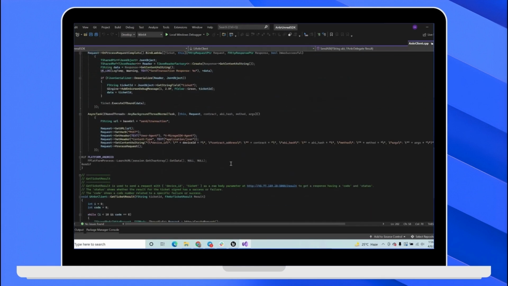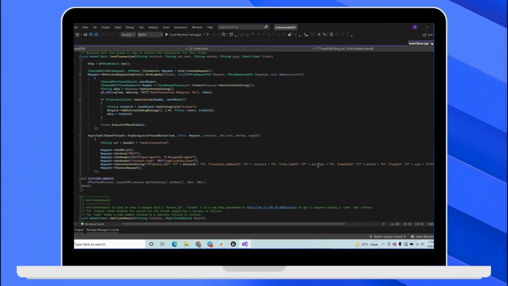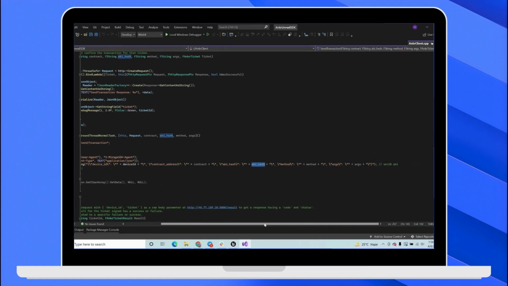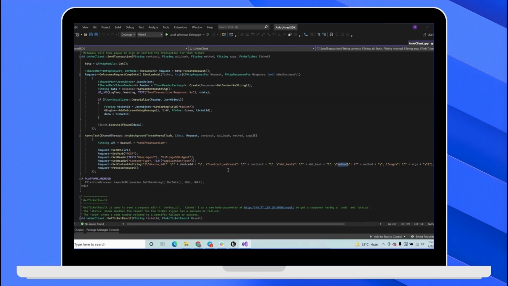So once we get that back, we can pass the ABI hash here, along with what function we want to call in that contract, and any parameters that the contract method which we are calling requires. So once we pack up all that payload or information in the body, we can send the request,